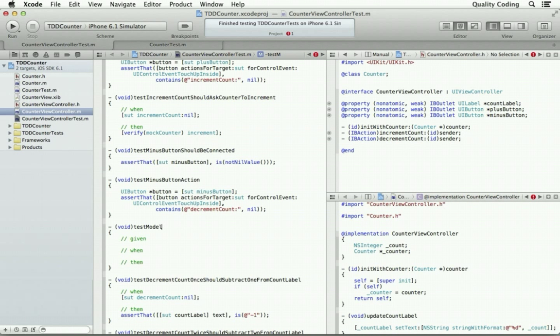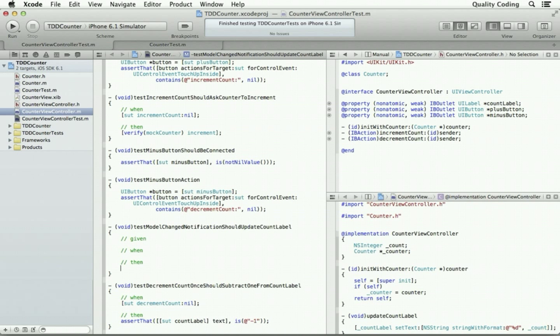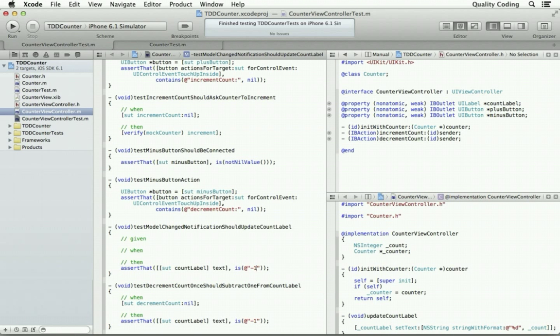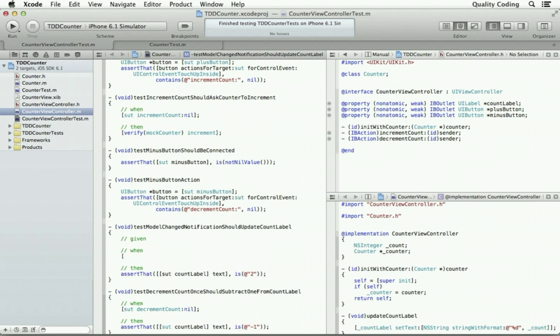Say model change notification should update count label. I'll just pick an arbitrary something here that the count label I expect to be 2. Here's the meat and potatoes.